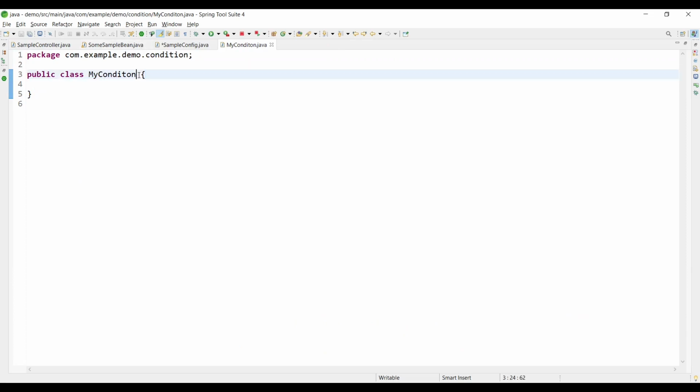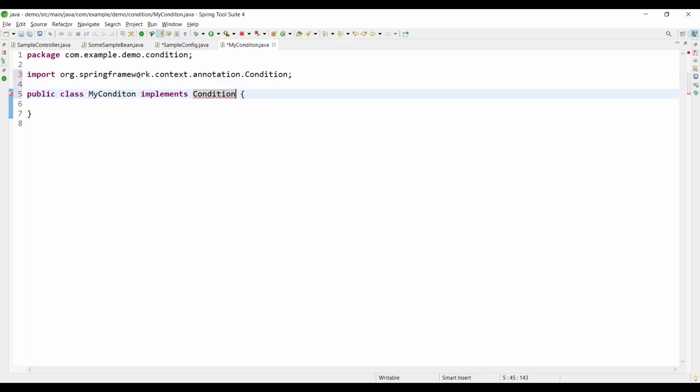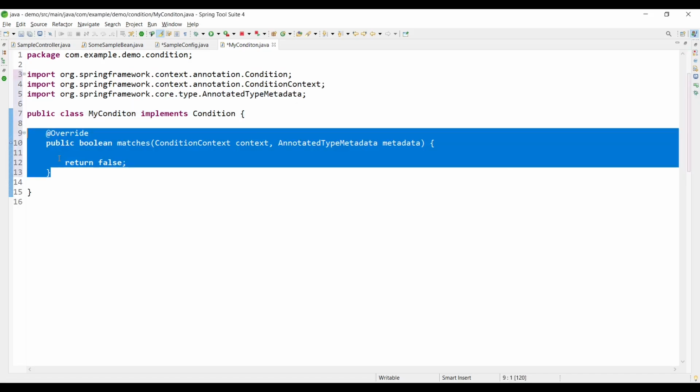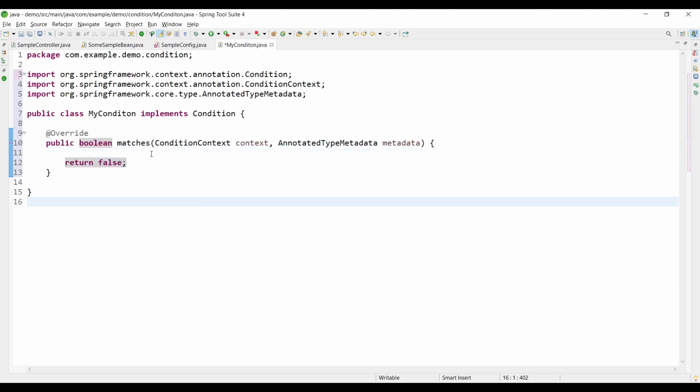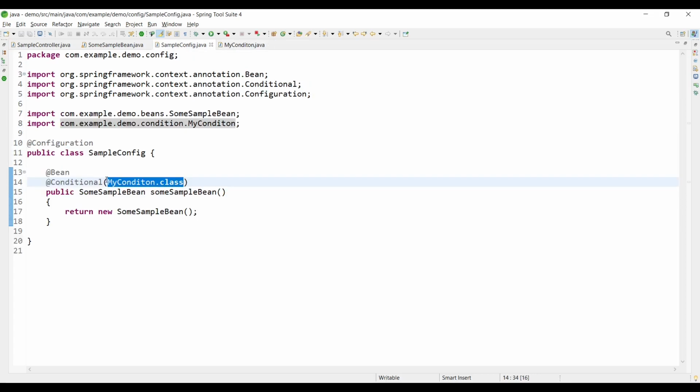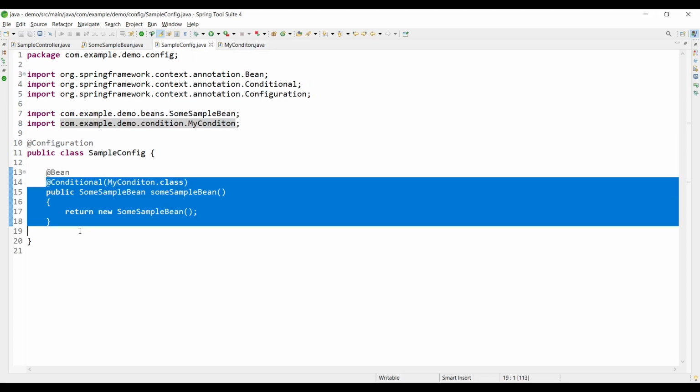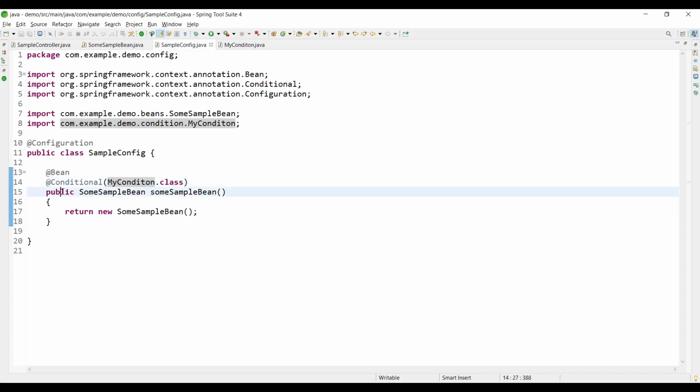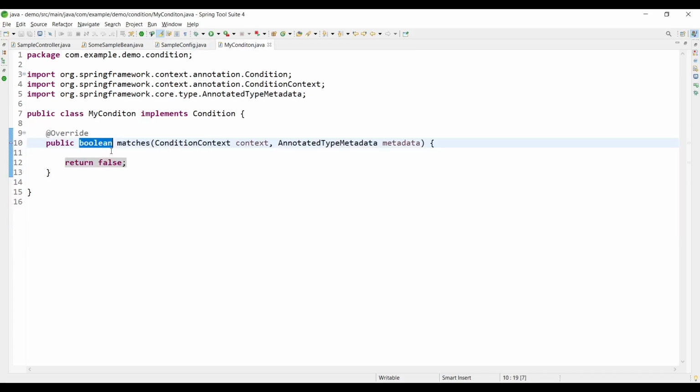What you would do is implement the interface Condition, and this contains a method called matches. Here you would write some business logic or whatever you want. One thing to note here is that this method returns a boolean value. If that boolean value is true, then only this bean will be initialized, otherwise it won't be initialized. So let's test a very basic statement. We're not going to do anything, we're just going to leave it, and this will return false.